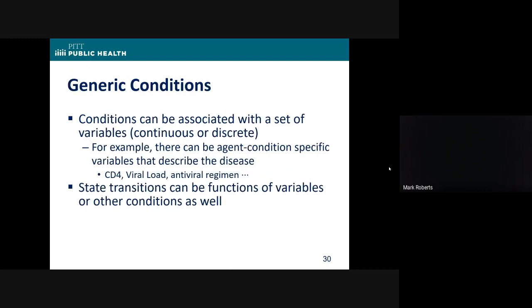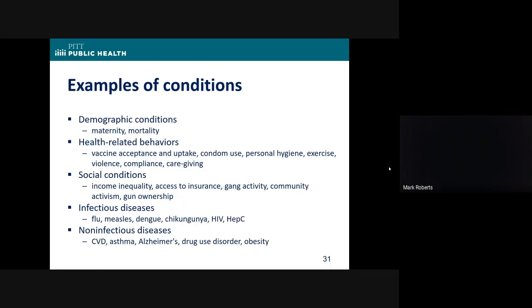And we spent a lot of time on that, and we now have a generic condition structure that allows you to make any condition you want, and we are even developing a web front end where you can just pick and choose things. So if you wanted to model HIV disease, you could model HIV disease, and each person with HIV disease not only could have states of that disease, but could have variables that describe that disease, like CD4 count, viral load, those kinds of things. And then you can transition between states, and you can have all kinds of states.